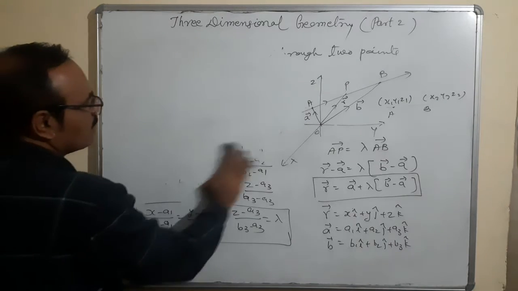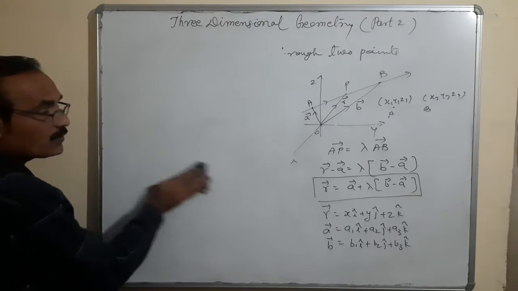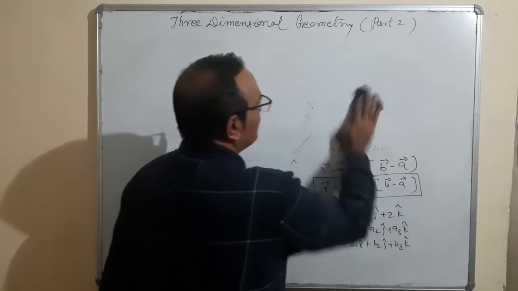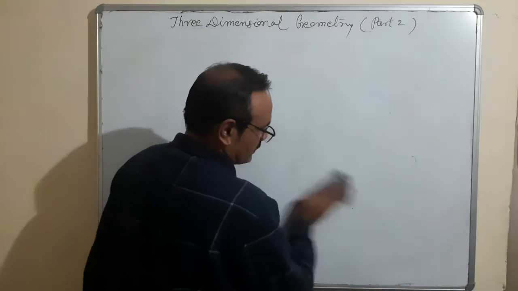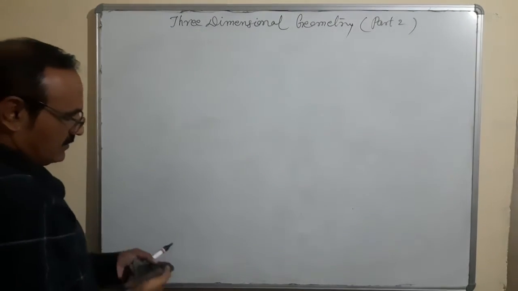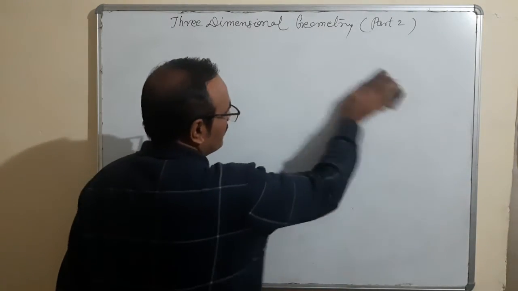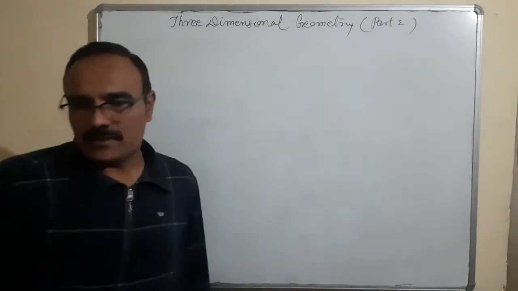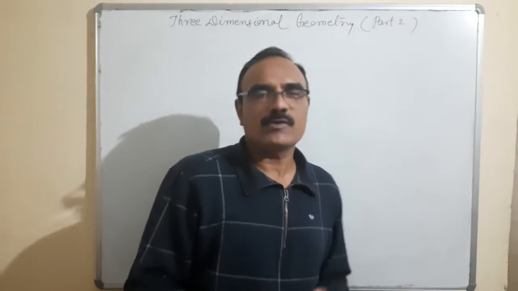Third derivation we are discussing, that is very, very important: the shortest distance between two skew lines. Let me tell you first what is the meaning of skew lines. That means there are two lines in a space, they are neither parallel nor intersecting. It's very strange in 2 dimensions, because in 2 dimensions the lines are either parallel or intersecting. But in 3 dimensions it is not necessary. Two lines can be not parallel and also not intersecting each other. It is possible in space.